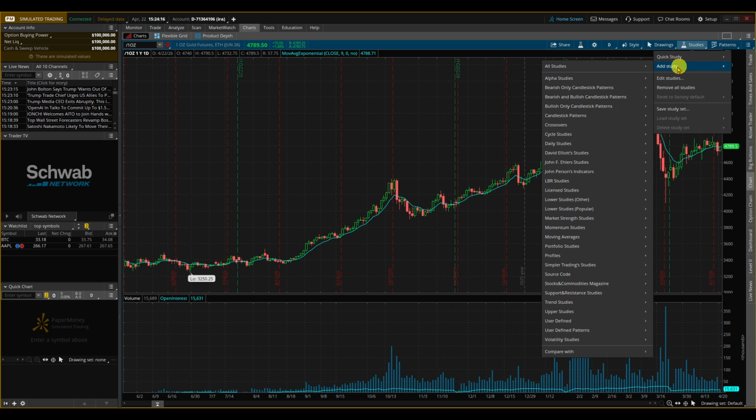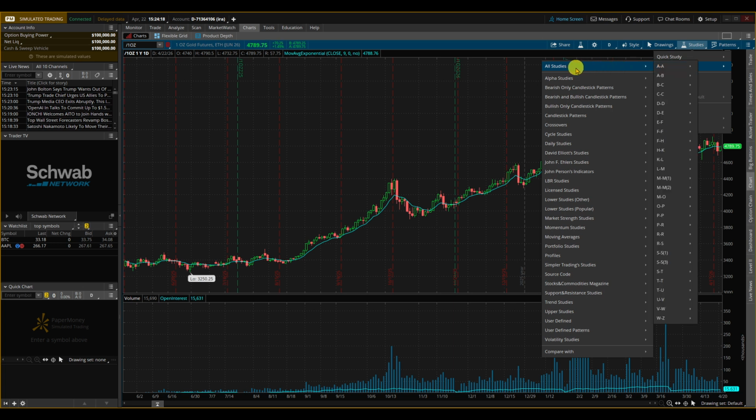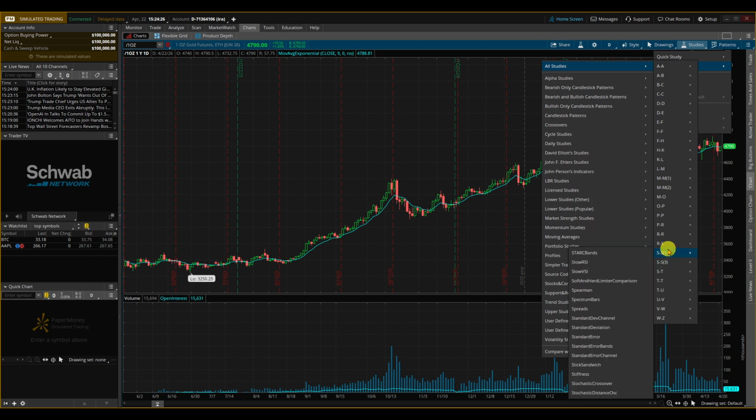With the Studies menu open, move your mouse to hover over Add Study. Don't click yet. Just hover. This expands a list of ways to browse indicators. Now hover over All Studies. This shows the complete library, organized alphabetically into grouped folders so you can find tools quickly without memorizing their exact